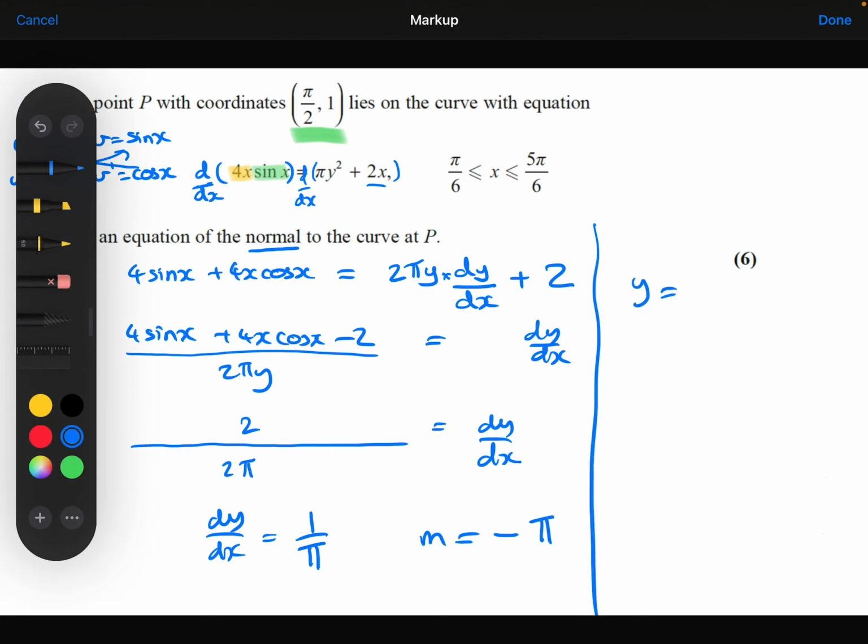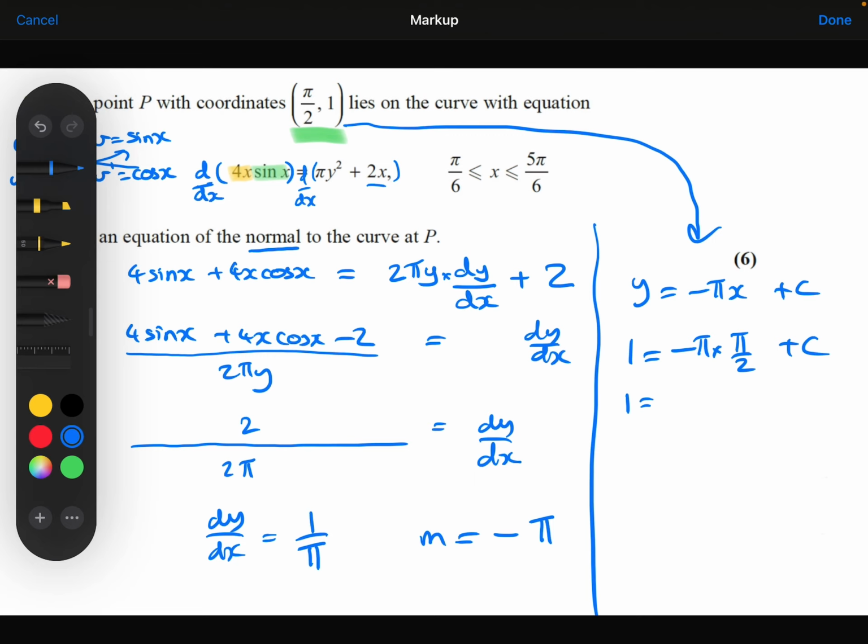I can now do y equals mx plus c. And if I substitute my coordinate in, it's going to tell me what my y-intercept, my c, is going to be. So the y is 1, the x is pi over 2. So 1 equals minus pi squared over 2 plus c. If I add the pi squared over 2 to both sides,